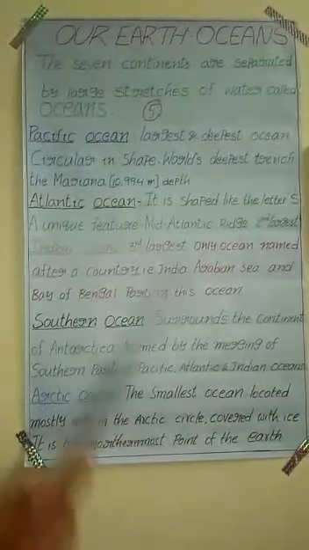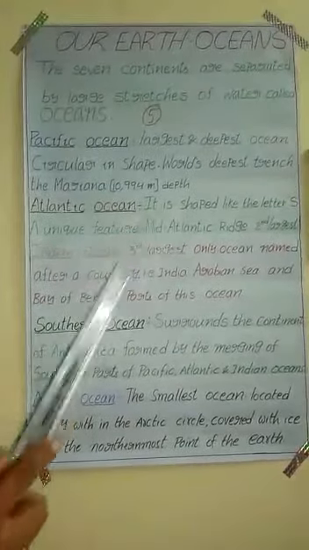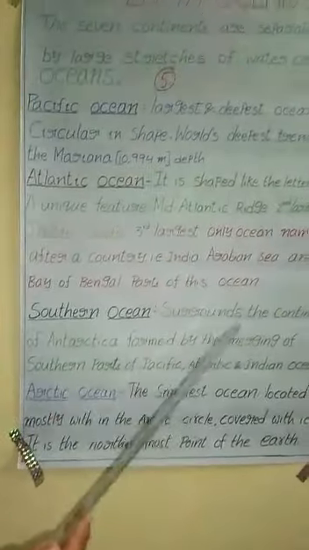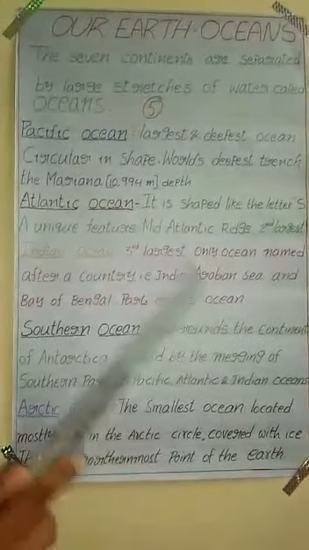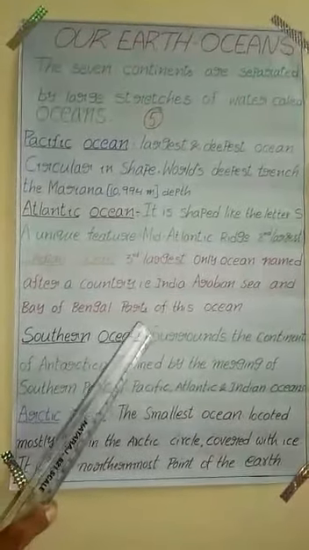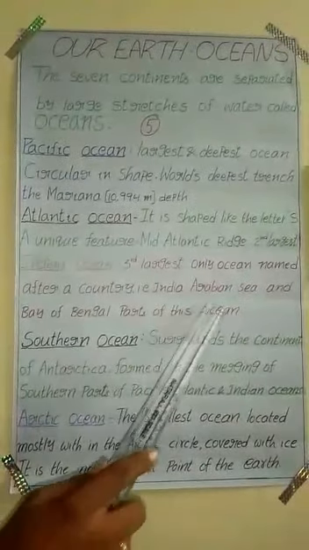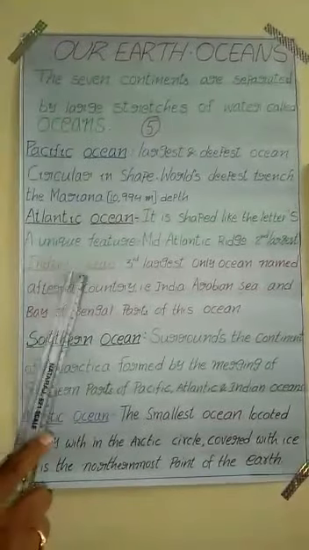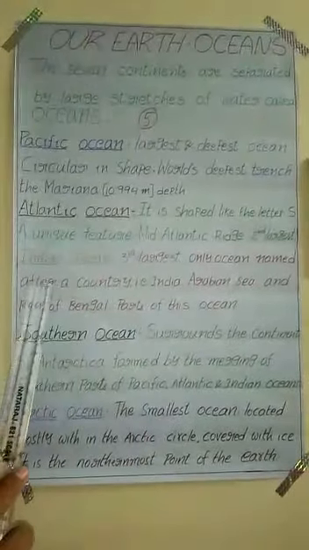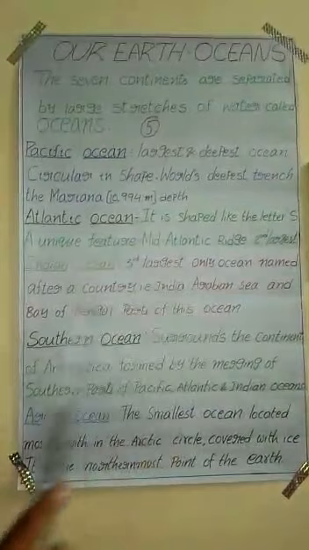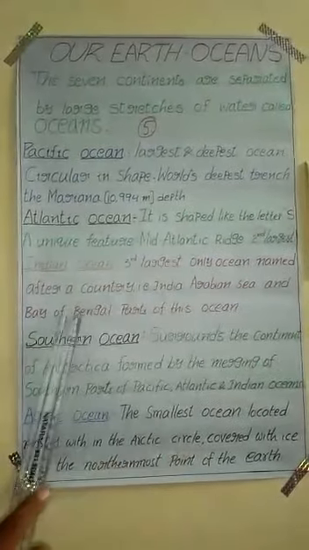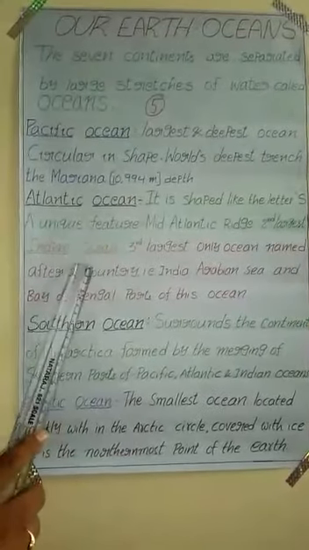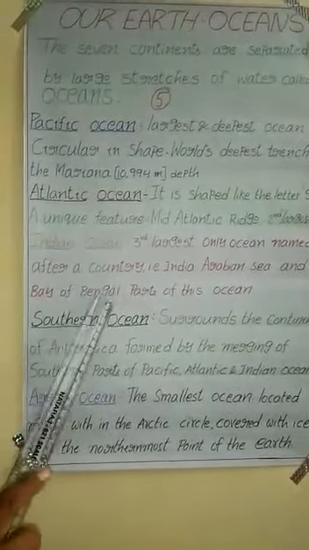Like this, on three sides of the Indian Ocean, different continents are there. North side Asia is there, Australia on the east side, Africa on the west side. And the two important parts of this ocean are the Arabian Sea and the Bay of Bengal. Both are part and parcel of the Indian Ocean. To the west side of our country we have the Arabian Sea, and to the east side the Bay of Bengal. Okay, now, this is about the Indian Ocean.